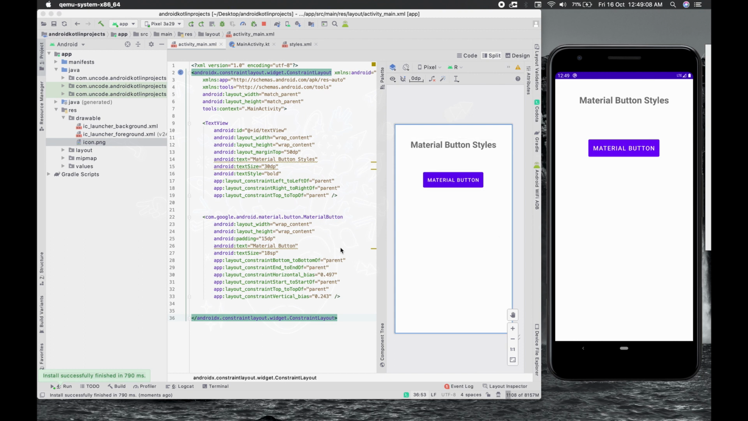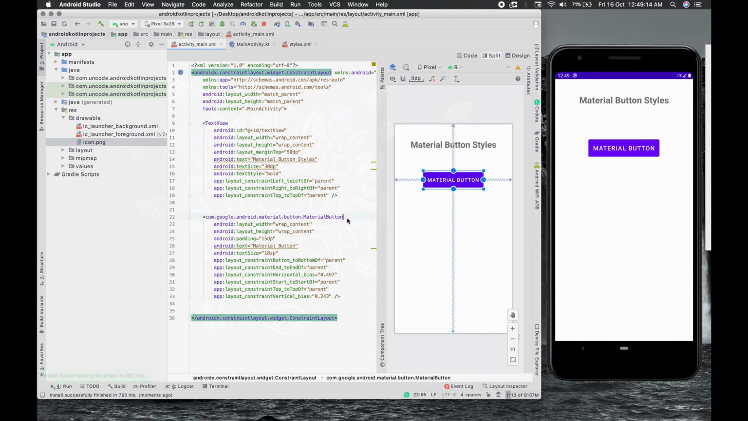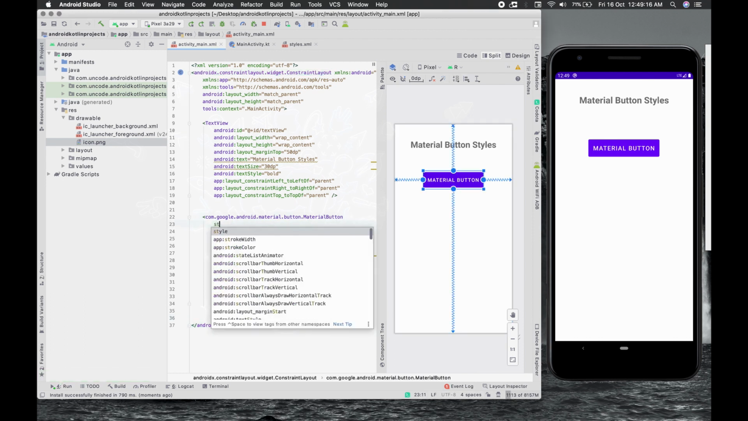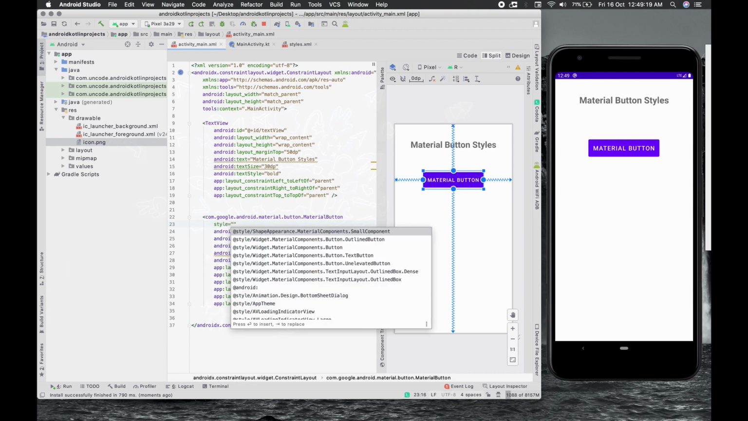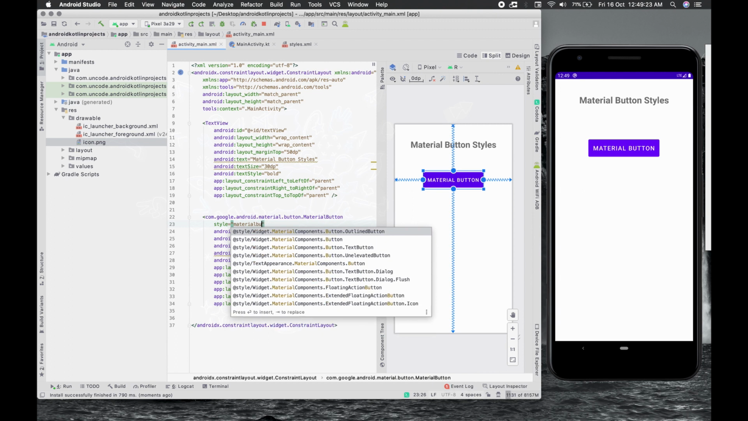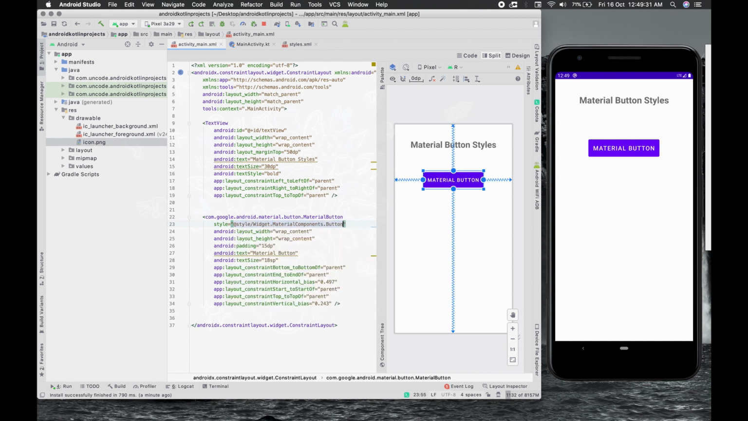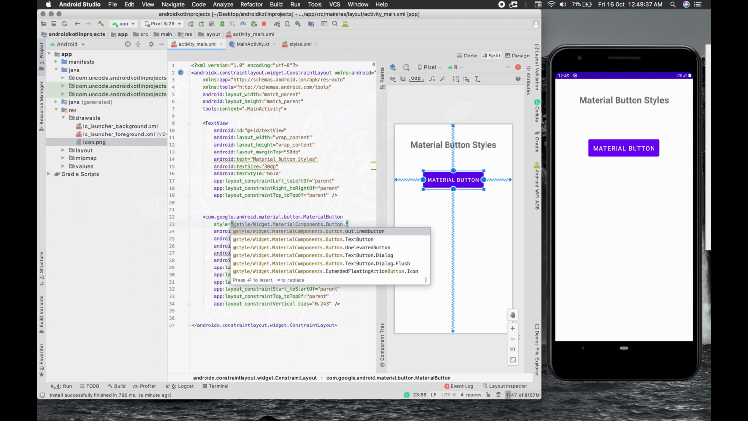Now, in order to change the styles of the button, which we just discussed in our previous slides, you just have to add another tag which says style, and once you add the style, you just have to write the material button. On the first, you just have to access this class, material components dot button. This gives you the normal contained button, but on press of dot you can access all the subclasses of